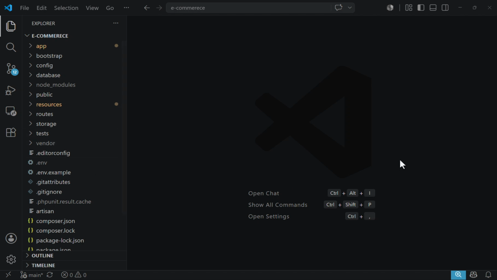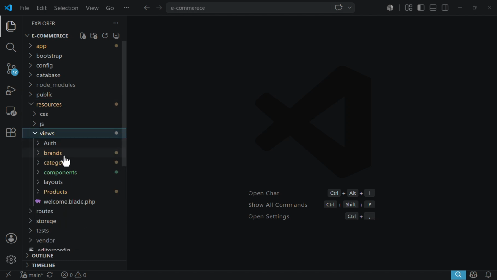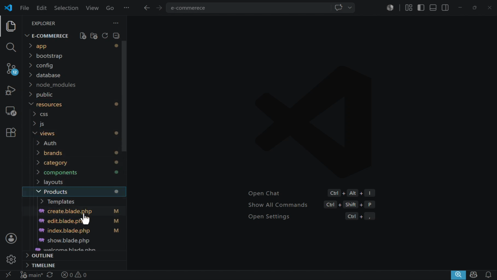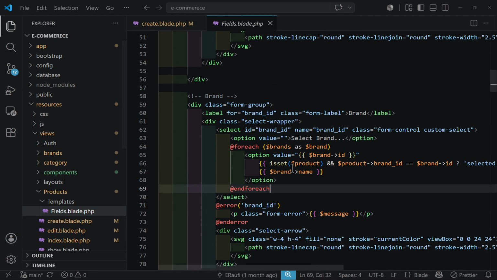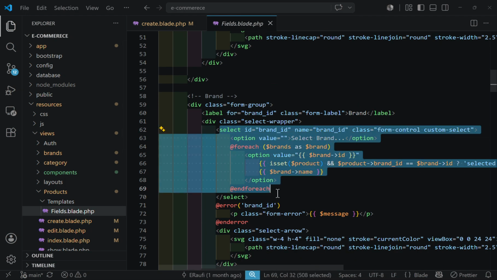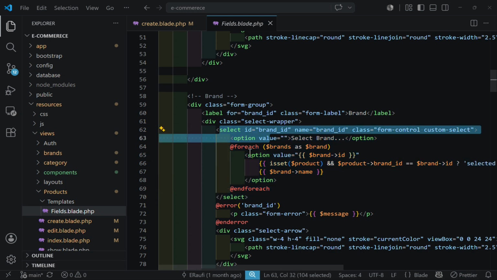Now let's see how we can create a class based component. For example, if I come into my resources, view, product, and in the create or edit, in here I have a brand select option where the user has to select the brand. Now imagine if I need the brands in other locations also, so I have to fetch the brands, then create the select option, pass